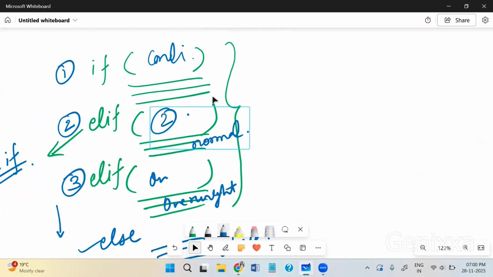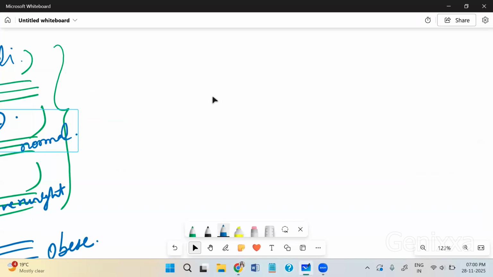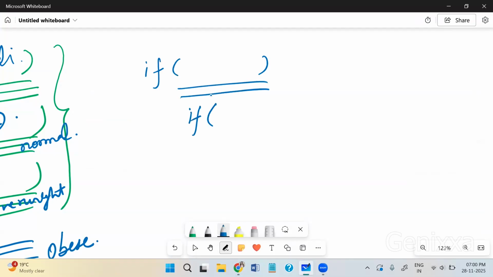So for this condition, what we are trying to do here, one more case of the practical scenarios. When you have a series of conditions to be tested one after another, and they are related to each other only. For example, one if condition I'm placing here, and then a block of code, and then one more condition I'm testing here, one more block of code,